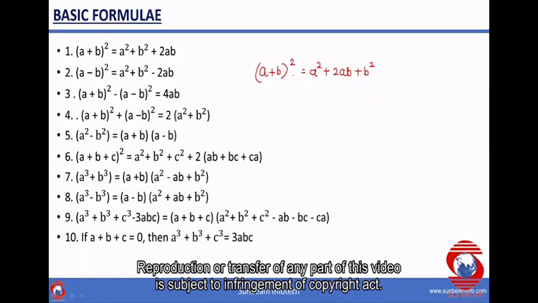I have given the list to you. I'll be sharing this PDF with you, so don't worry. Just go through this, have a revision of all these basic formulas. Fine. I will need it in some parts as I go ahead. कहीं topics में मुझे ये basic formula लगने वाले हैं,